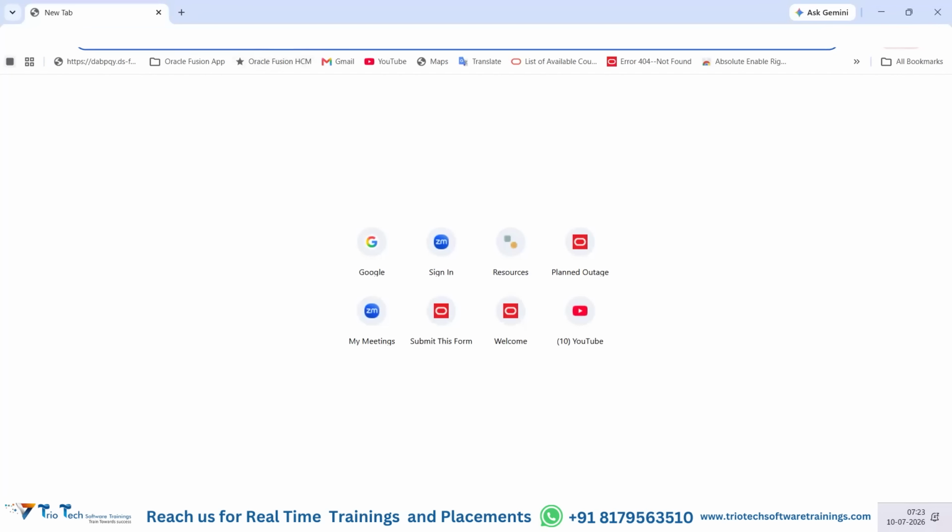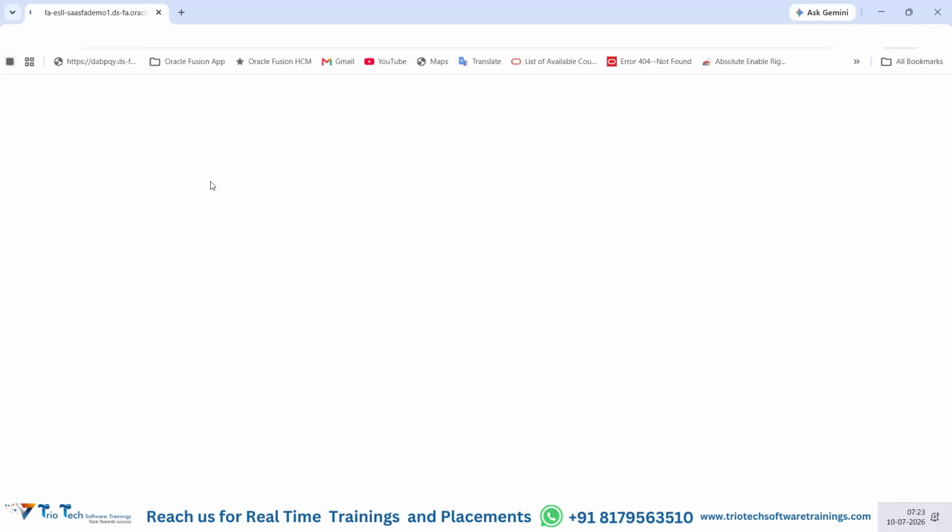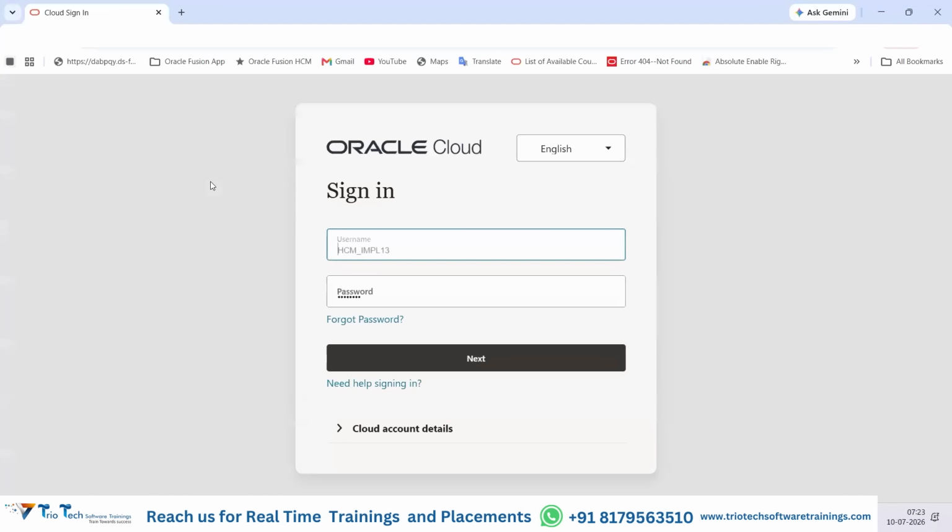So the moment you copy paste the environment details into the search engine and press enter, it will prompt you for a sign in screen, the login screen, team. Here we have to input our credentials. So Kumar, who will give the account details for practicing? As I told you, today in the WhatsApp community, our team will share the environment details with username and password. Use that username and password, log in to the system, and you can start exploring the things I'm covering